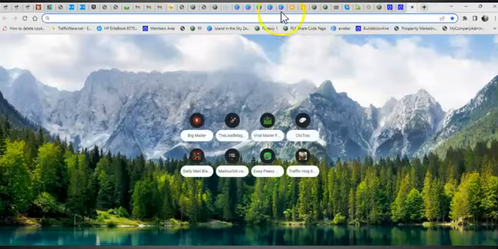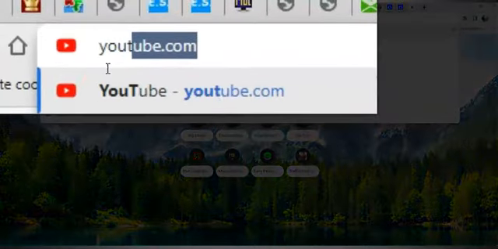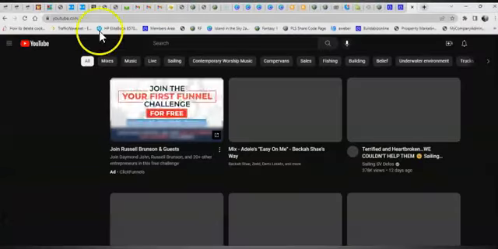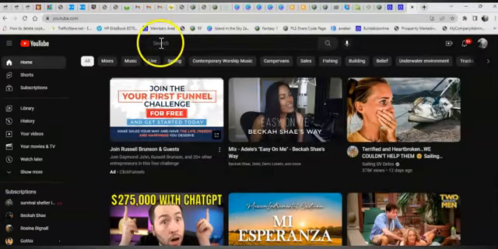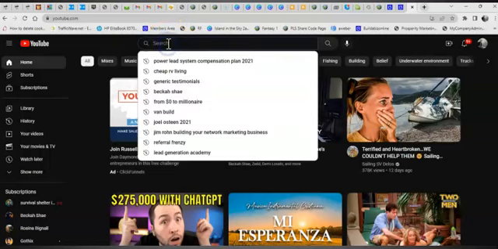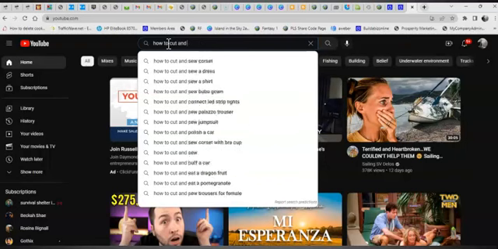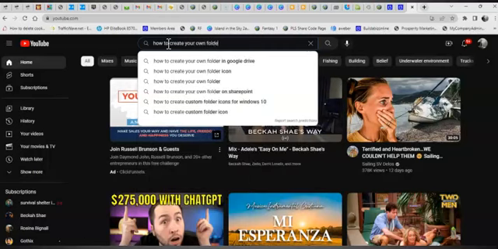And then left click your cursor to be right inside that tab bar, okay? And then just type youtube.com, okay? And then press enter. And all you have to do is move your mouse, left click in the search bar, and then put in how to cut and paste, or you could put in how to create your own folder